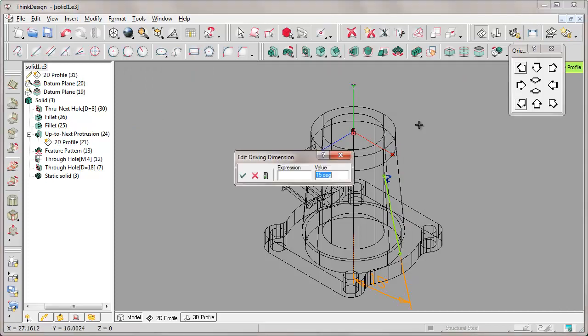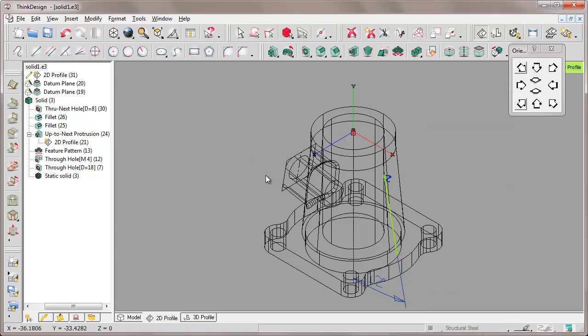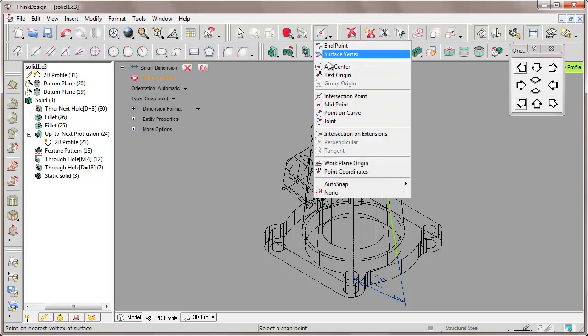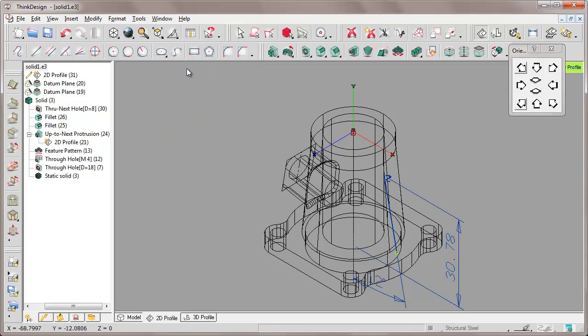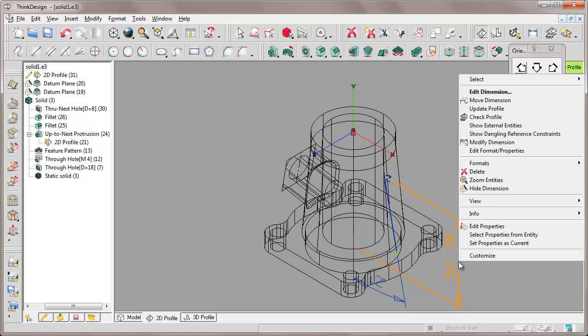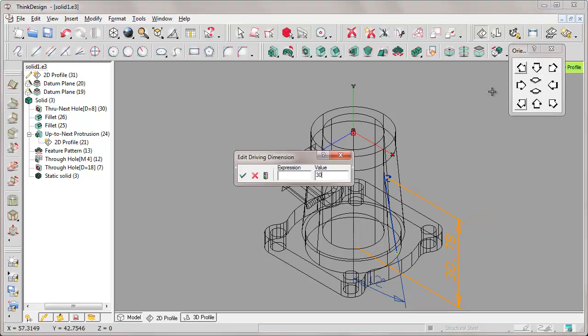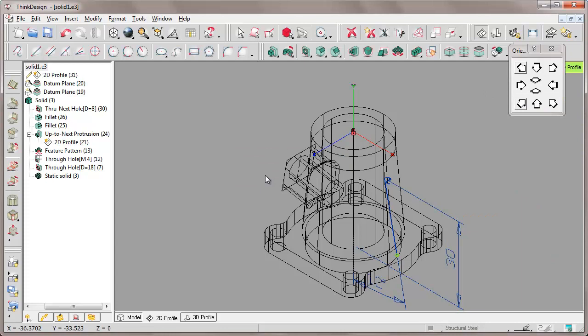Then, with another dimension constraint, we want to manage the attachment point of that inclined line with respect to the central point of the bottom basis of our solid. By detecting the dimension, we modify it and set it to a value of 30. Let's go back to the model environment. We change the visualization and insert the rib feature.